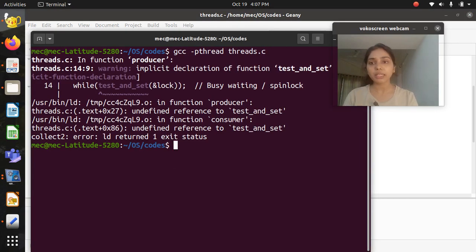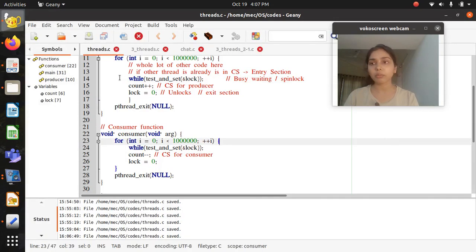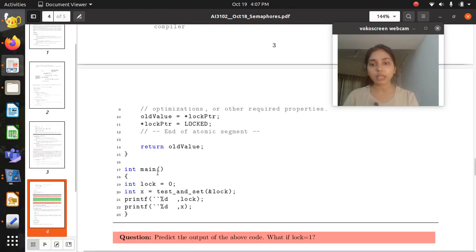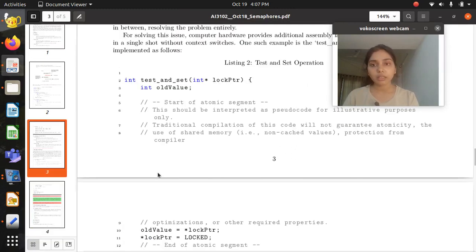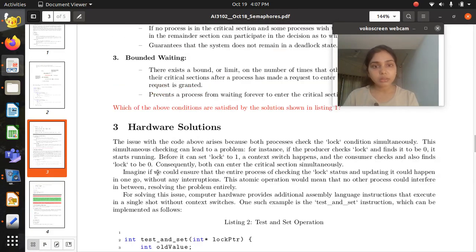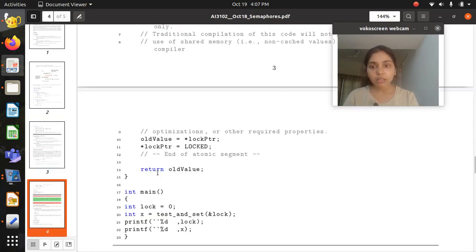So I get an error. It says undefined reference to test and set. I probably need to include a library here. Let me see if it is mentioned in a document. If not,